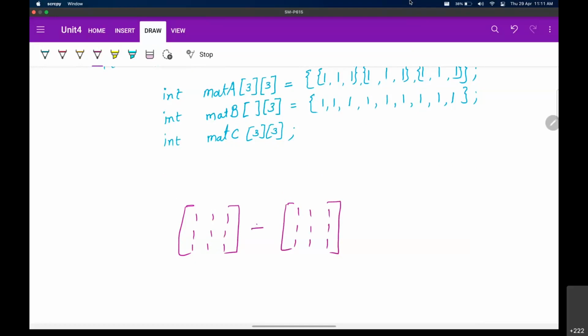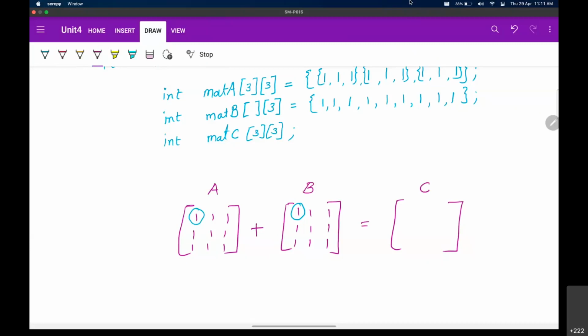So when we add these two matrices, we are going to have the final answer as a matrix. First element will be added to the first element of second matrix. If this is matrix A, this is matrix B, and the final answer is C, तो आप क्या करते हो?